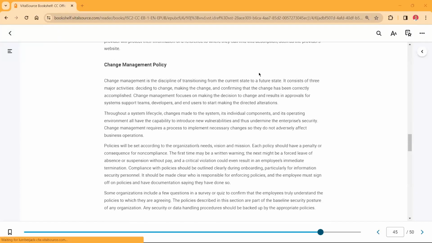So change management policy: if there is any change in the organization, these are the policies you have to read, right? Change management is the discipline of transitioning from the current state to a future state. It consists of 3 major activities: deciding to change, making the change, and confirming that the change has been correctly accomplished. So change management focuses on making the decision to change and results in approval for system support teams, developers, and end users to start making directed